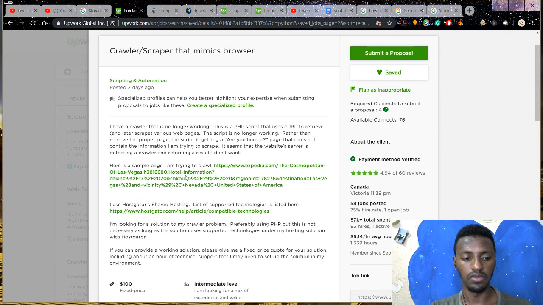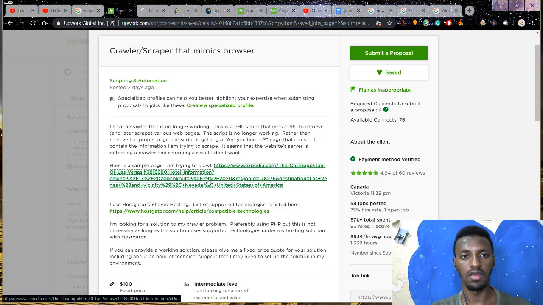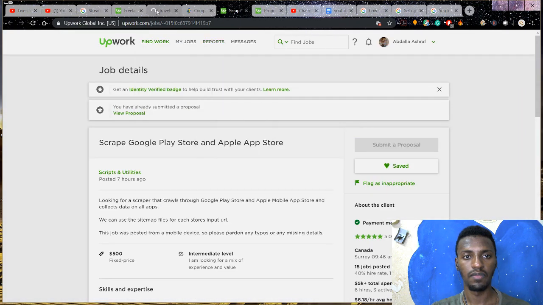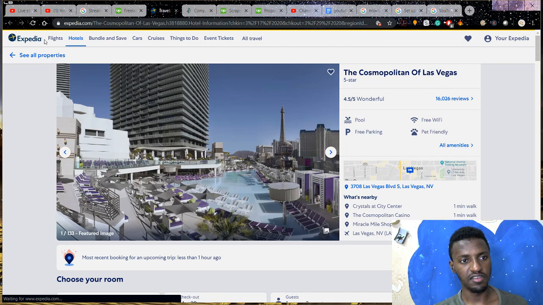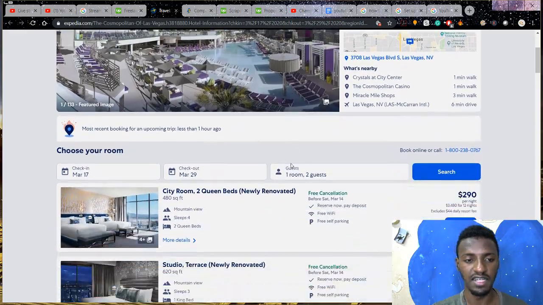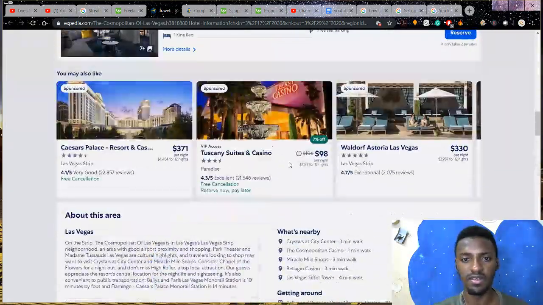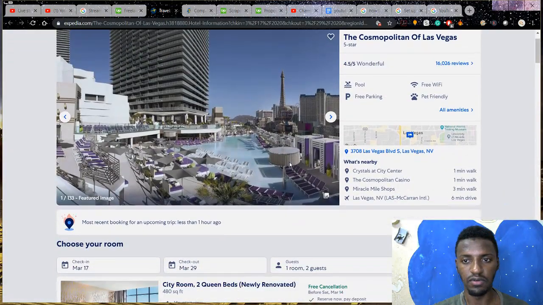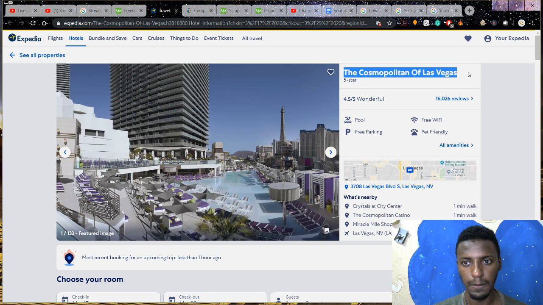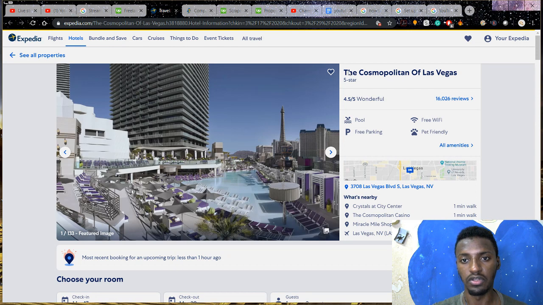For now, I will go to the website that they want to scrape from. And it is probably this Expedia. They want to scrape stuff like probably hotels data from this website. For now, what I think I could do is scrape the name of the hotel, and how many stars it is, and maybe